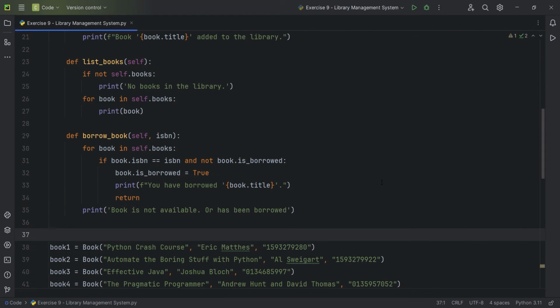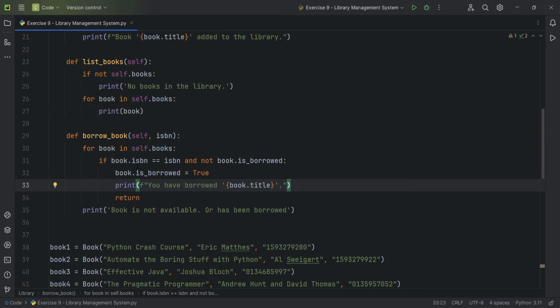Okay, so this method is the borrow book. It takes in two parameters, of course the self and the ISBN. Now the method begins by iterating over each book in the books list, which contains all the book instances currently held in the library. Inside, for each book, we check if the book's ISBN matches the ISBN number that was